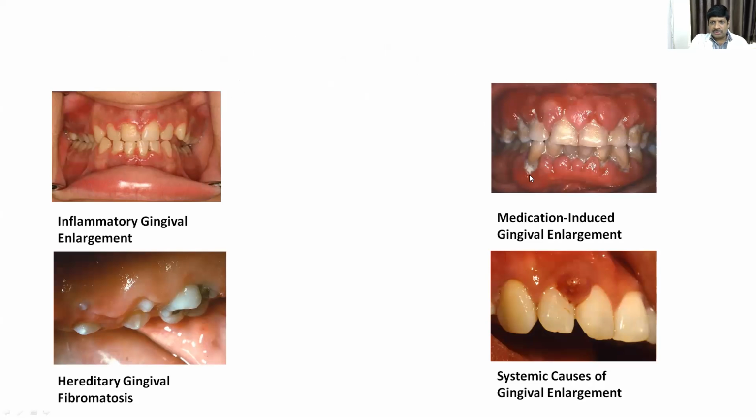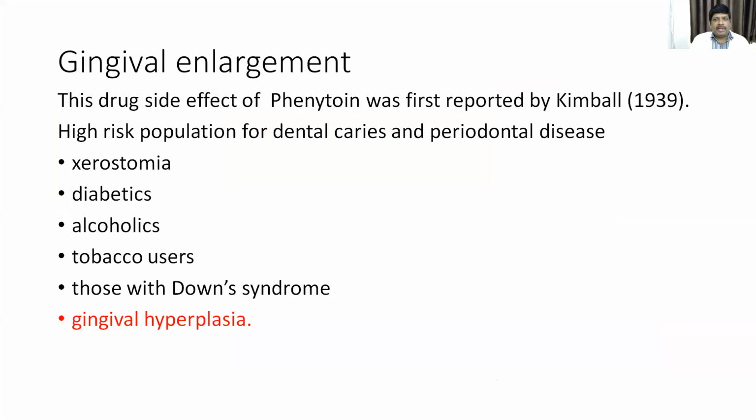This happens because of the adverse effect due to the ongoing treatment with any drug. So that is medication-induced gingival enlargement. Then we have which comes through a hereditary genetic problem and by birth, that is the hereditary gingival fibromatosis. And then the next is the systemic cause of gingival enlargement. What is gingival enlargement? This may be because of many reasons, and the pathophysiology, what happens there, and differential diagnosis, and everything we'll discuss in the foregoing